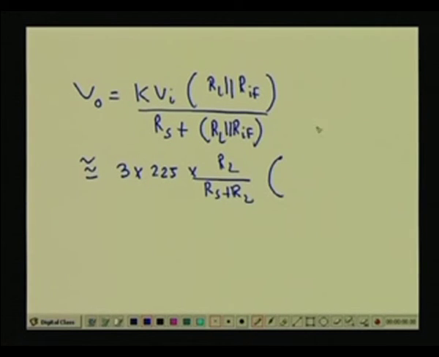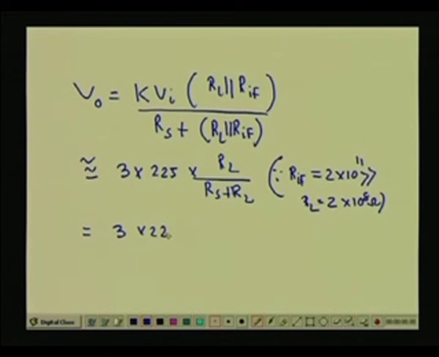Because you see that RIF is equal to 2 into 10 to the power 11 ohm, which is much greater than RL, which is equal to 2 into 10 to the power 8 ohm, quite obviously. So, this we can write ultimately as 3 into 225 into 2 into 10 to the power 8 upon 10 to the power 8 plus 2 into 10 to the power 8,